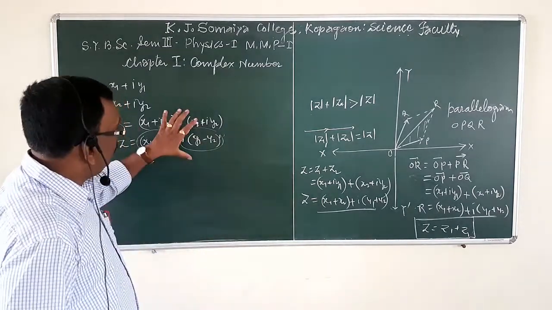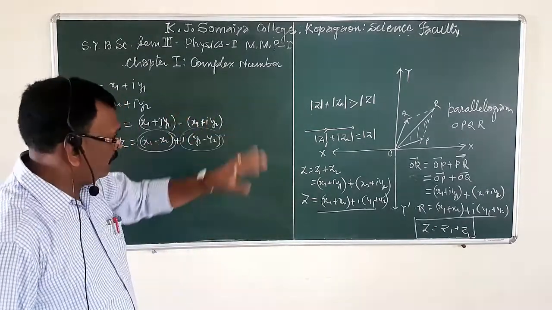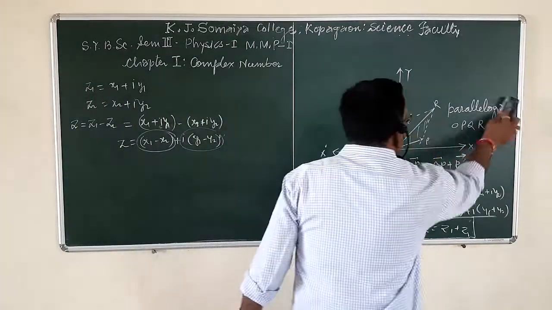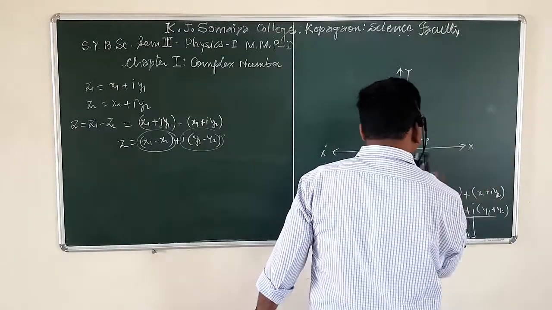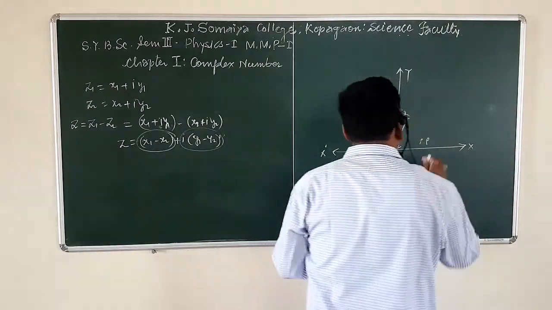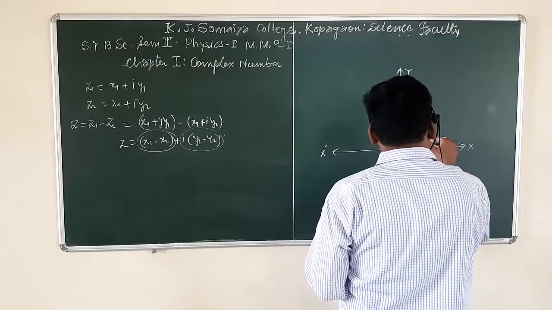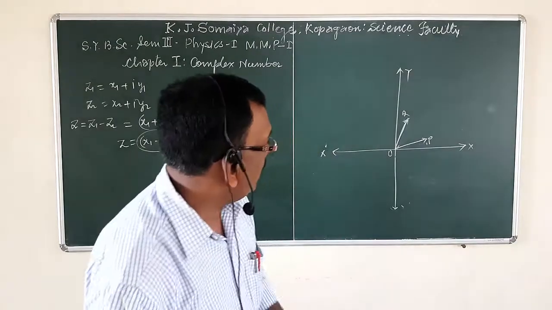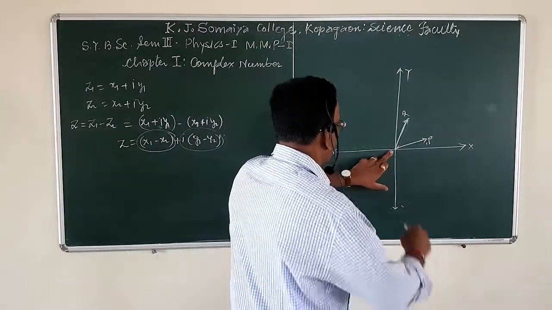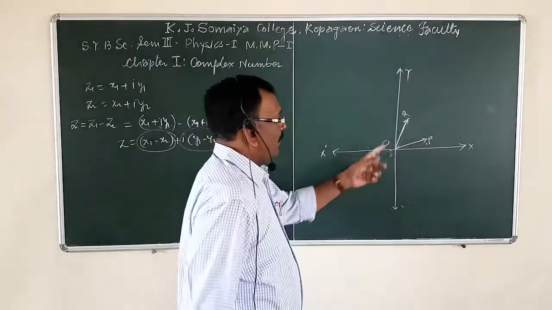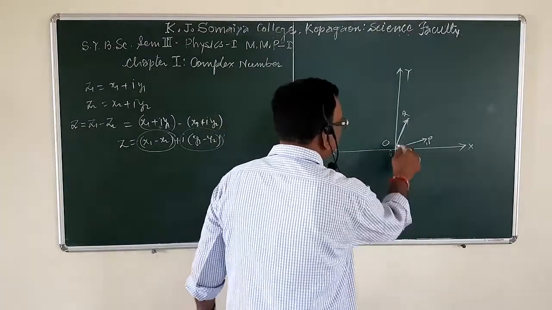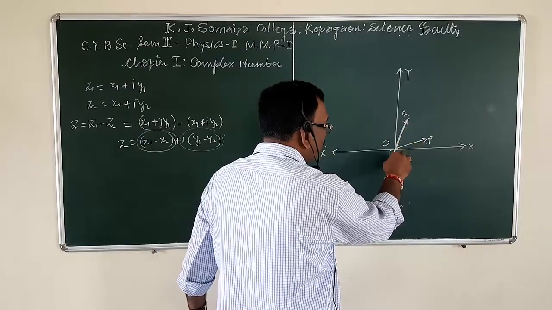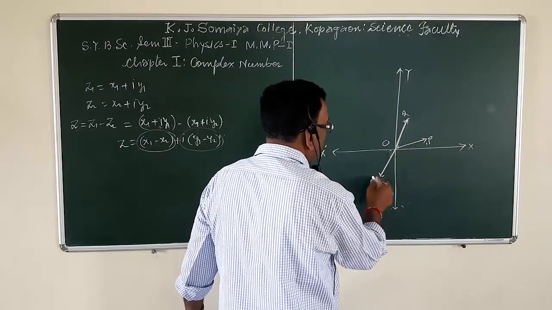Okay. Now we have to represent this on the Argand diagram. For this purpose, consider two vectors. Suppose this is vector P and this is vector Q. Now, in order to obtain the difference, this vector OQ is produced backward, so that we get vector ON.